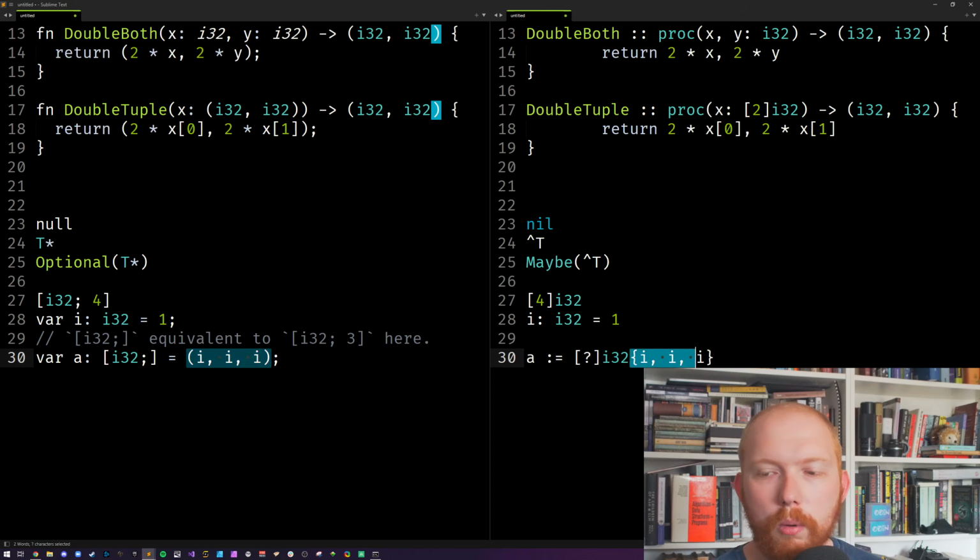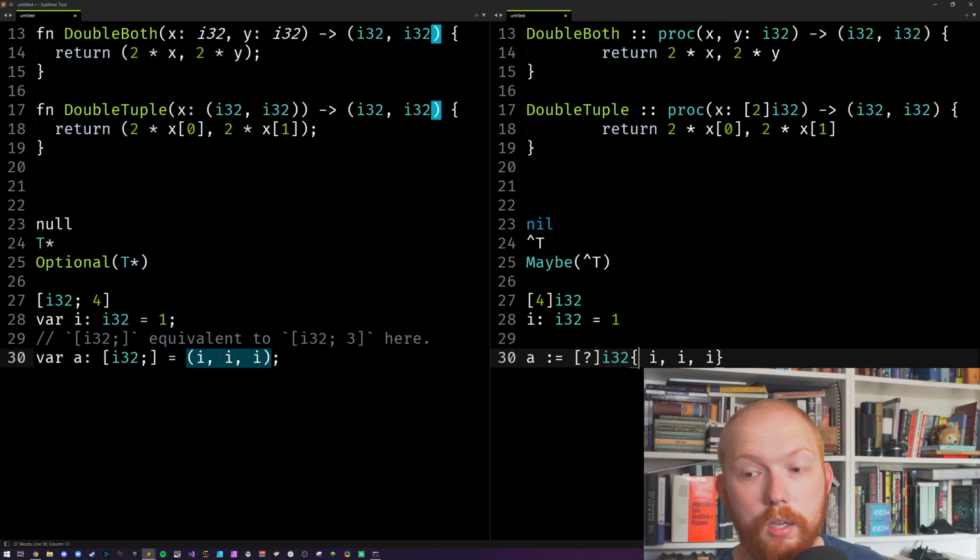But Odin's gone like all compound literals are like this. You've got a type, or implicitly a type, along with the curly braces and the fields. And in fact, in Odin, which I don't think is possible with this language, you could have the fields be labeled like this. It could be in any order, by the way. So this could be 2, that could be 0.